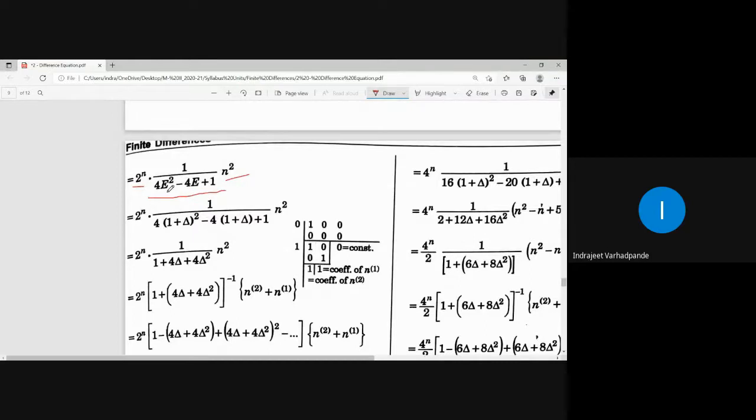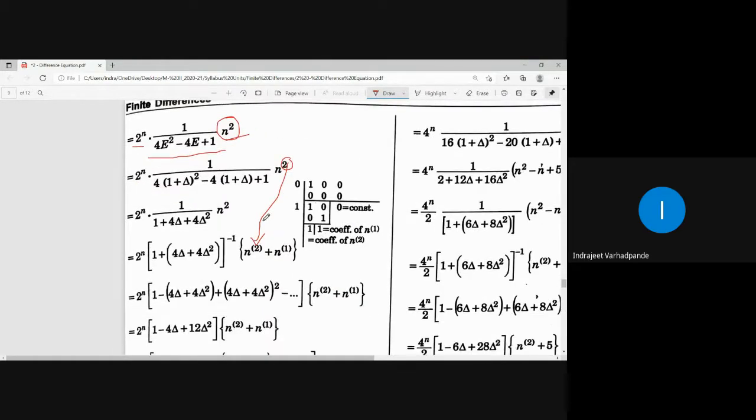E is to be replaced by 1 plus delta, and this simple plain polynomial is to be converted to a factorial polynomial. This is not a new one. As I told you, whatever is the degree of the polynomial, that will be the degree of the factorial polynomial. Either you solve it by synthetic division, or you can directly write it down and adjust the terms accordingly. So here ultimately it is a complete repetition of case number 3.